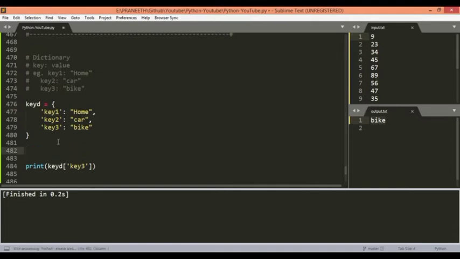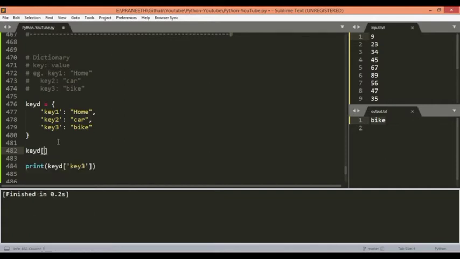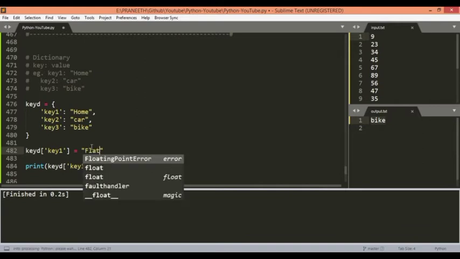As in the list, we can also change the index values, or here more specifically key values, by using the same assignment. So let's change the key 1 value to flat.